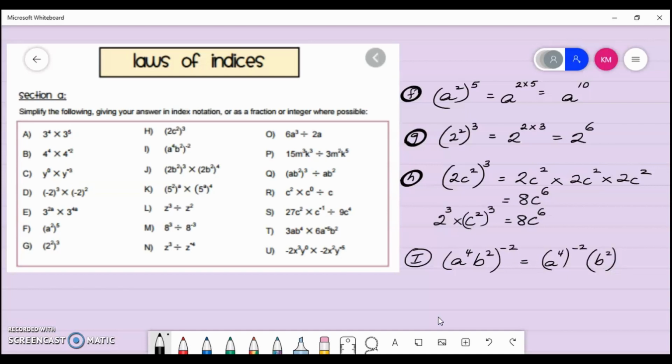This needs to be raised to the power negative 2. So what we are going to get is a to the power of negative 8, because remember those need to be multiplied, and b is going to be raised to the power negative 4. Next,